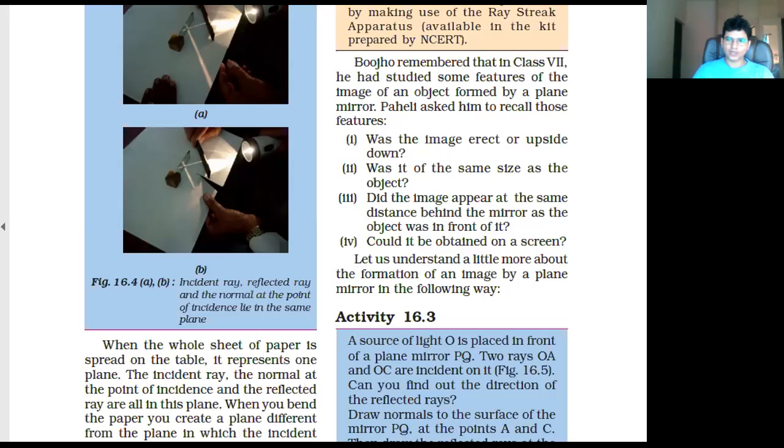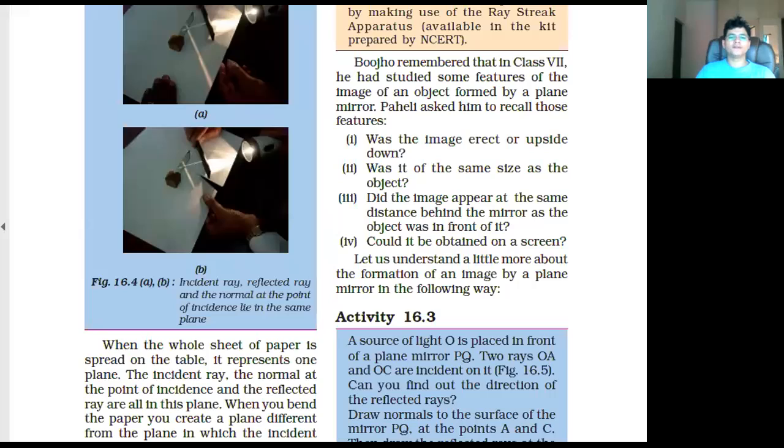Guys, don't be shy. Shivansh can say, right? Shivansh is raising his hand. Shivansh, tell me. Regular reflection and diffuse reflection. Diffuse is also called irregular. Can you explain, Shivansh, what is regular and what is diffused? Sir, in regular reflection the surface is smooth, and in irregular the surface is irregular. Okay, very good. So there are two types of reflection, regular and diffused or irregular.